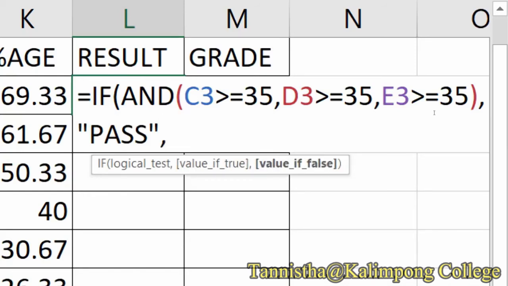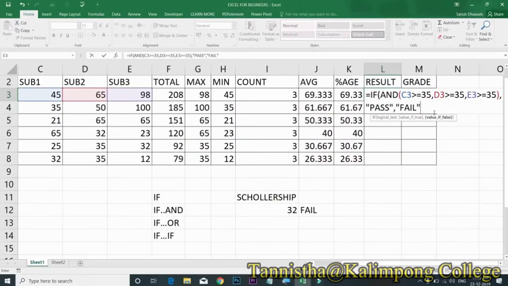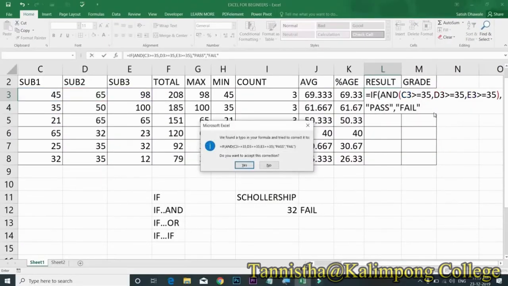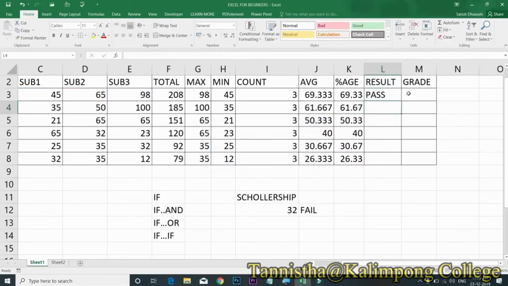Close the bracket and press enter. So after dragging the results of all students, it seems so. First two are pass, pass, because their marks are greater than equals to 35. But rest of the students got 21, 23, 25, 12, which is less than 35. So they are fail.